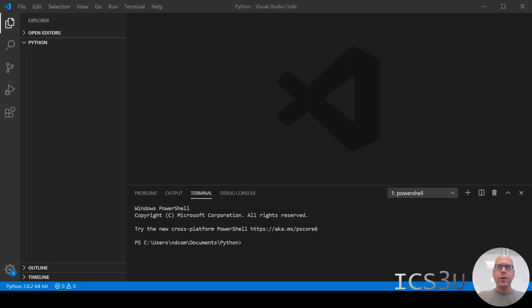Okay, ICS3U, here's the Introduction to Python lesson. It's the first lesson in Python that I'm planning to do with you. We're going to be using Visual Studio Code. If you're using Replit, that's fine. Or if you're using another Python, if you install Python and you haven't got a chance to install Visual Studio